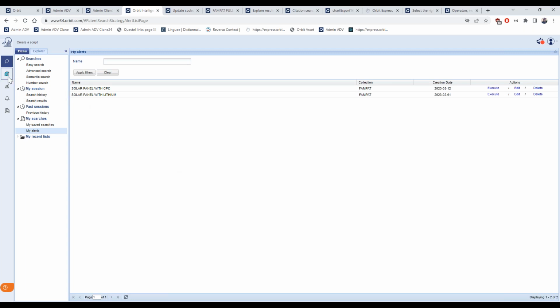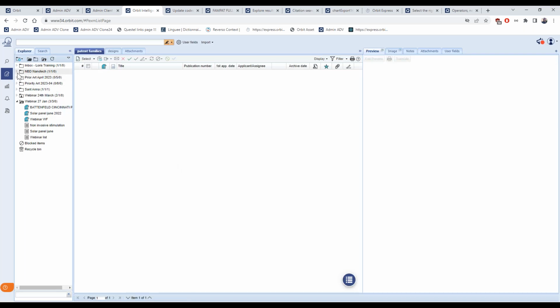This new work file will be displayed once the alert results are in. So that's why today, even if I created this virtual work file, I don't see it under my folder, because the alert results are not in yet. So I have to wait till Tuesday or whenever to see this work file.